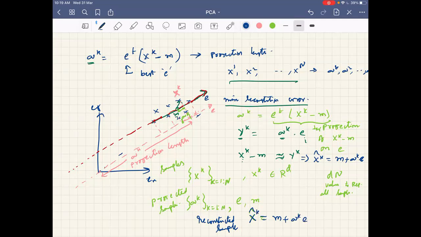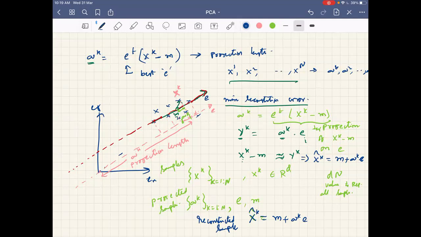Is there some loss in this projection or not? Do you think xk hat will always be equal to xk? Are both xk hat and xk exactly the same, or will there be some difference because of the projection and the reconstruction? There will be a difference, as we have seen in the previous examples.